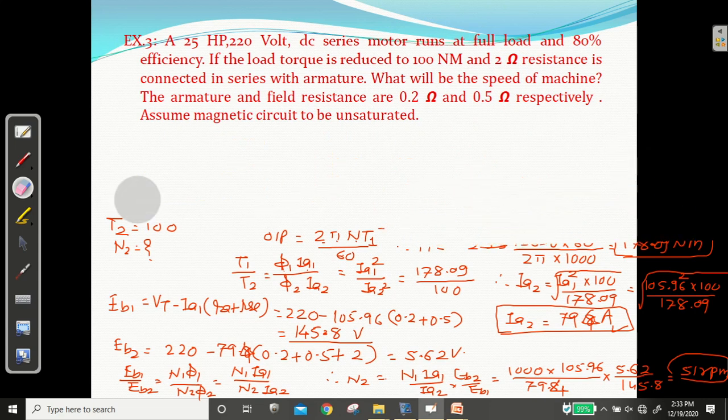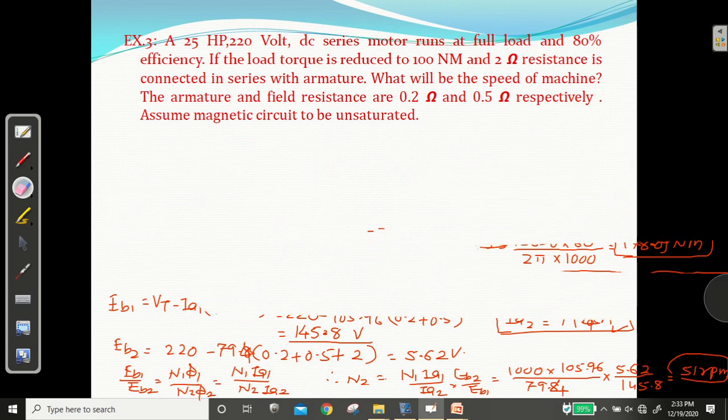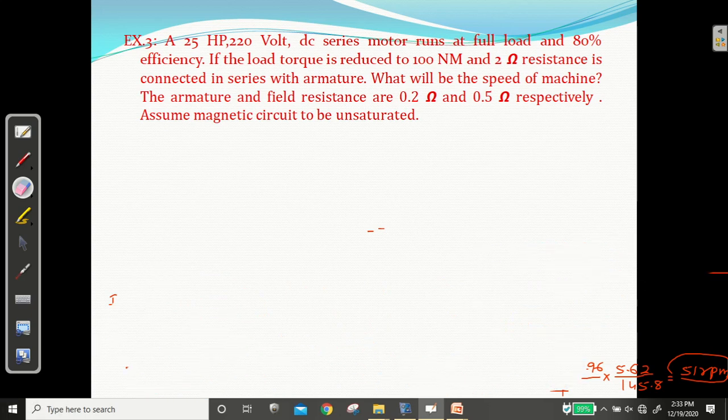Okay, now I am going to stop here only. Next time, in the next lecture, I will discuss the theory, that is the starters. Necessity of a starter, types of starter, clear, and then I will discuss the efficiency, regulation, efficiency and losses, etc., and some numericals based on that, and we will discuss the braking part also.